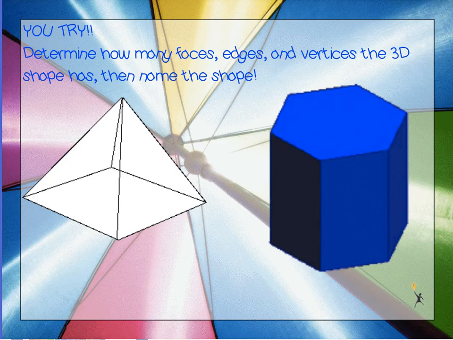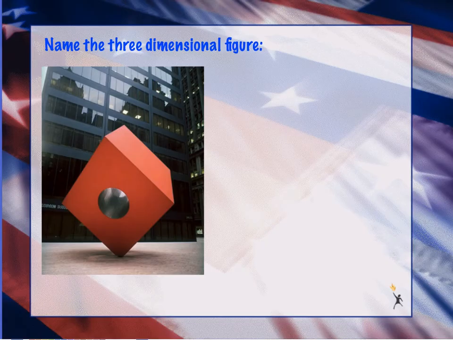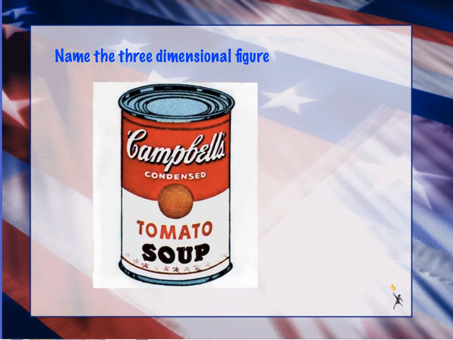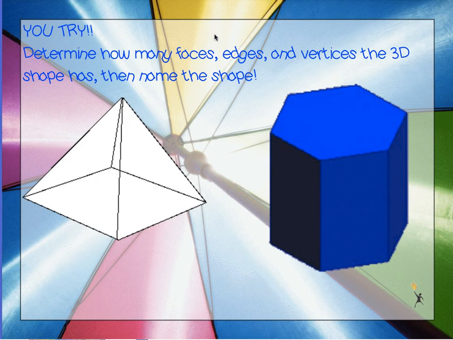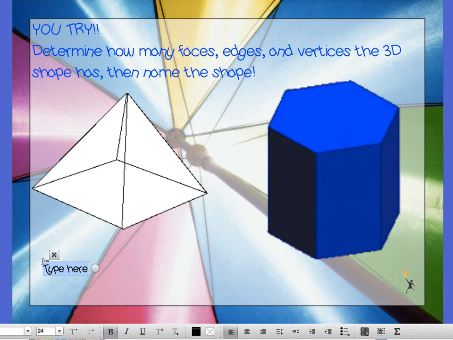Alright, so now I want you to try to determine how many faces, edges, and vertices the 3D shape has, and then name it. So you have all these different choices here. So determine the number of faces, edges, and vertices, and then name it. So don't forget, you have to decide. What I would suggest doing is decide first, is it a prism, pyramid,